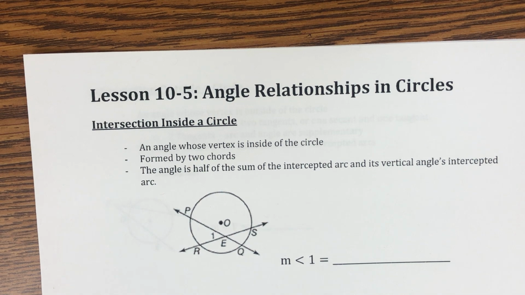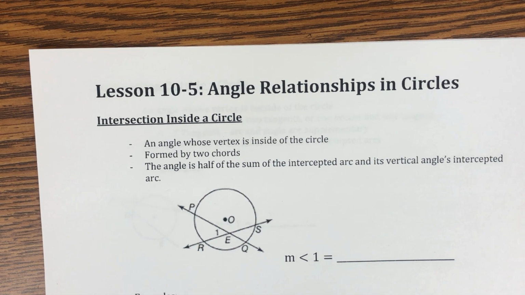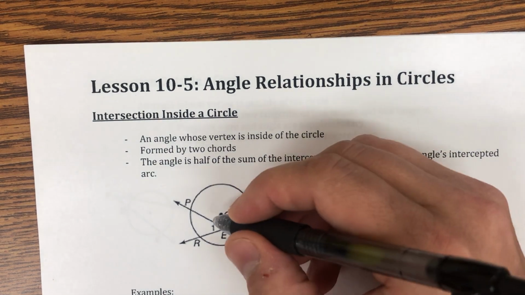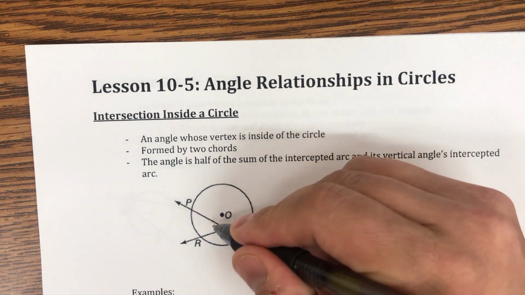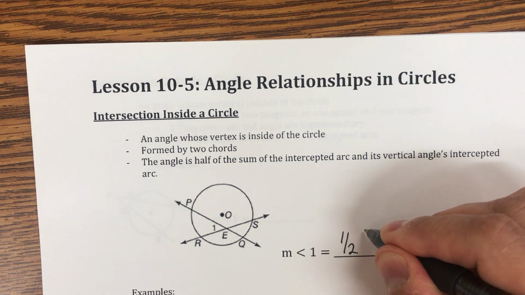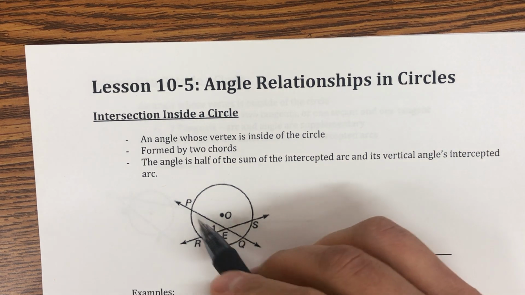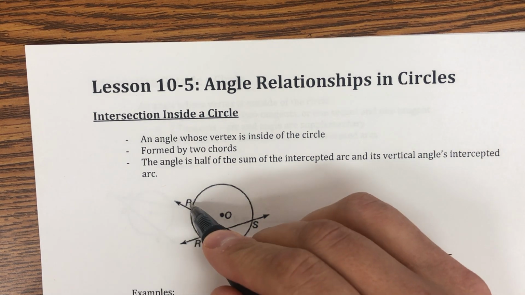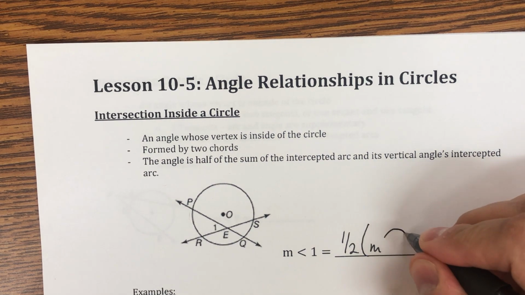So the first one is the intersection inside of a circle, and that is when we have two chords that intersect inside the circle, and we have angles that are formed. There is a relationship between the angle that's formed and its intercepted arc. So in this case, we're going to take a look at angle 1. The measure of angle 1 is equal to 1/2 of its intercepted arc, and its intercepted arc, angle 1, is PR. So the measure of arc PR